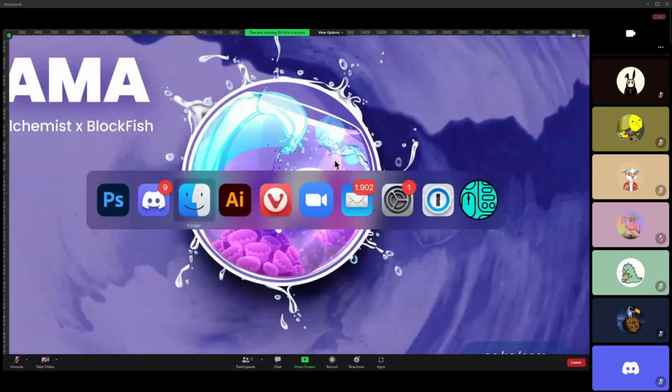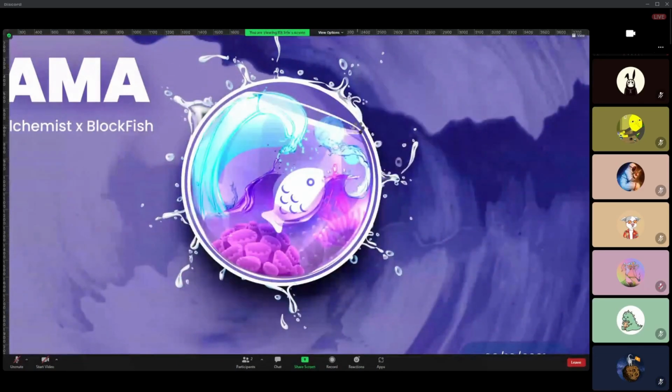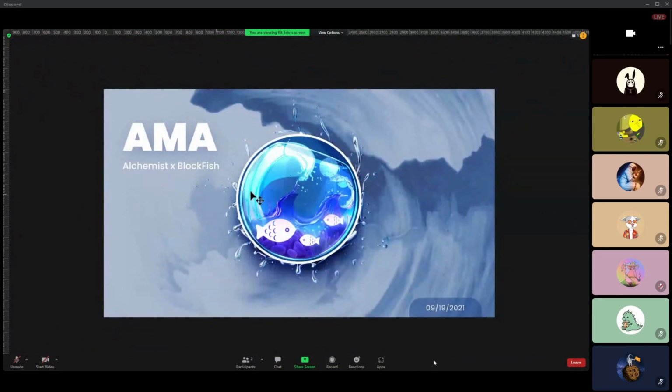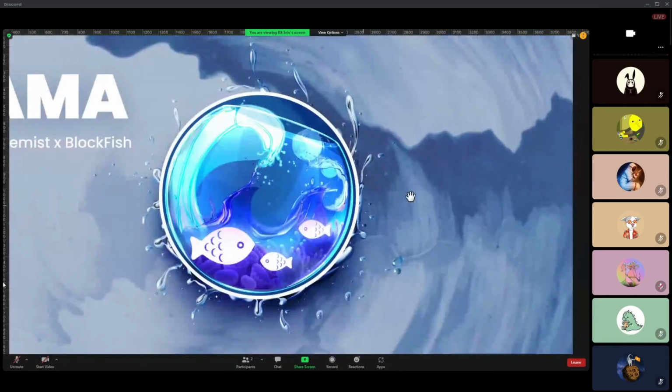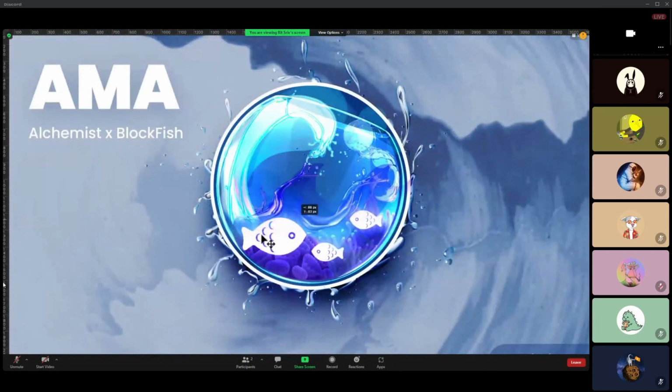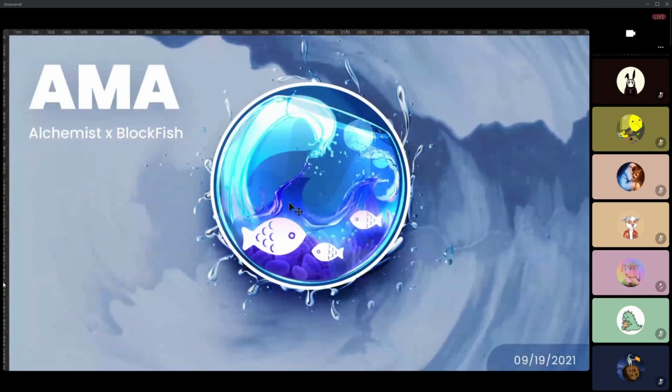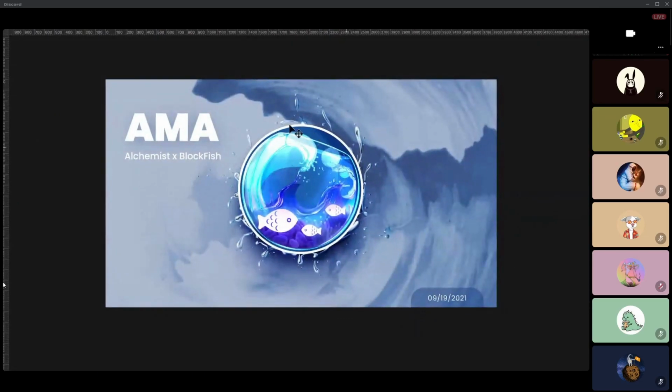Okay, so this was another POAP that I did, which was for Fishblock. This is their logo, this fish, and you already know our logo, the Alchemist logo. Basically, I was trying to create elements around it, knowing that the natural habitat for the fish is water. But how can we create that in our alchemic theme? That was the whole challenge here. And also we had to create two versions of the badges.